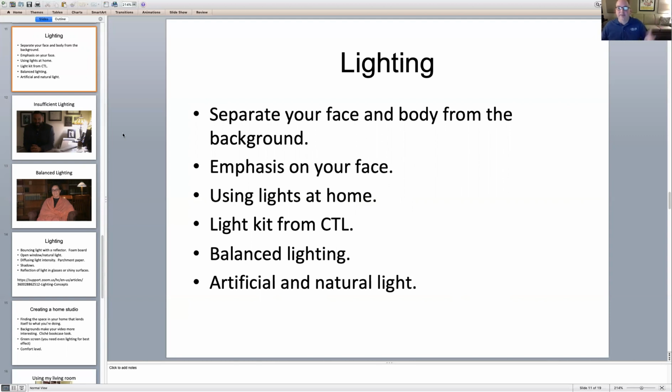Right now I'm in the AV suite, and we have ceiling lighting, but right now the only lighting on me is a lamp in the corner over to my right, and over behind me to the left is another lamp. That, along with the fact that this is a fairly new iMac, maybe 4 or 5 years old, so it's probably got a Retina webcam, which probably works better in low light. But if I were to turn off